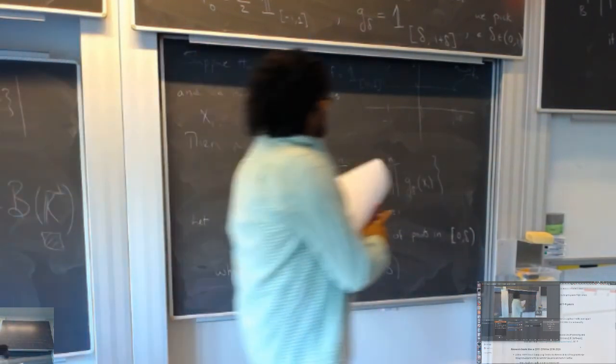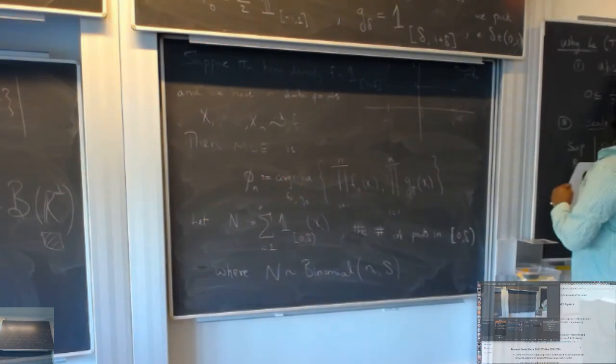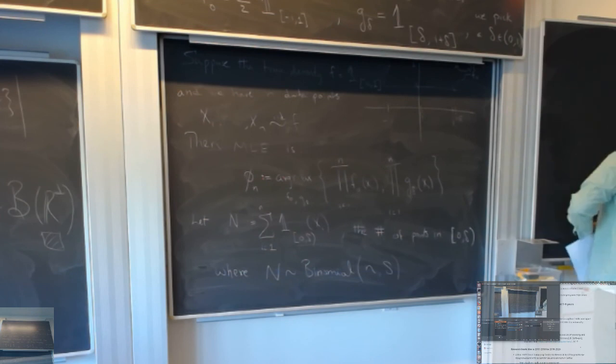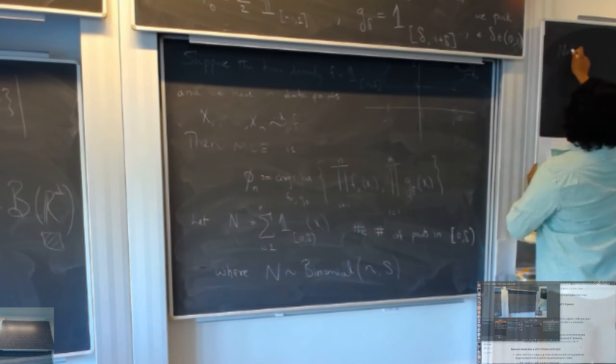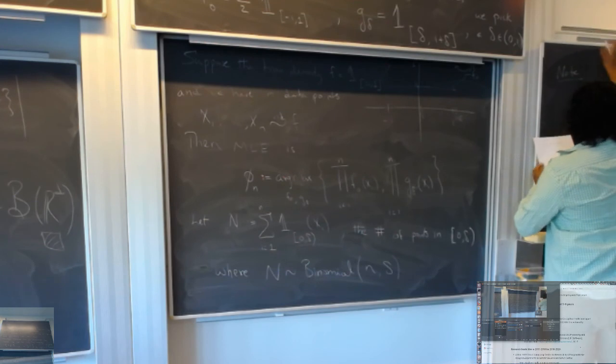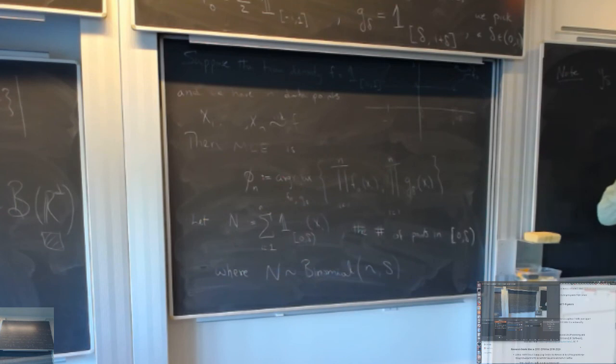So now let's note the following. G delta is picked by our maximum likelihood estimate, right? By that I just mean my phi sub n will be g delta,